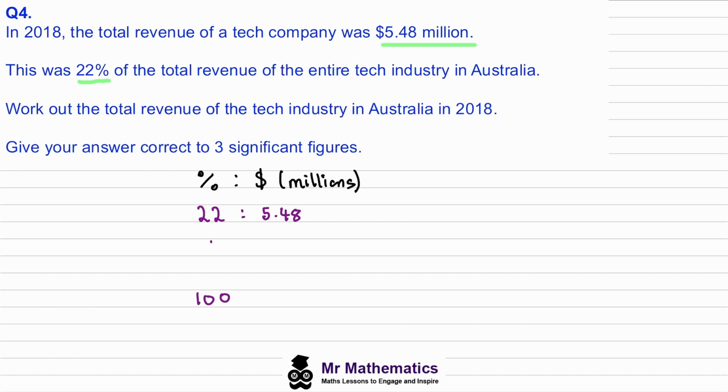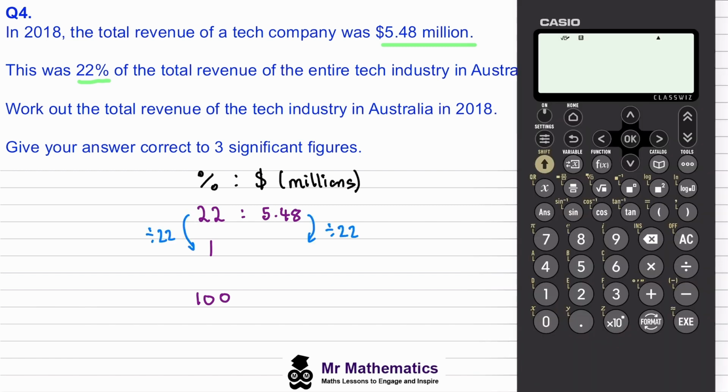I'm going to go for 1%. So I'll need to divide both sides by 22. And when I divide 5.48 by 22, we get 137 over 550. And I'm going to leave this as a fraction in its simplest form,